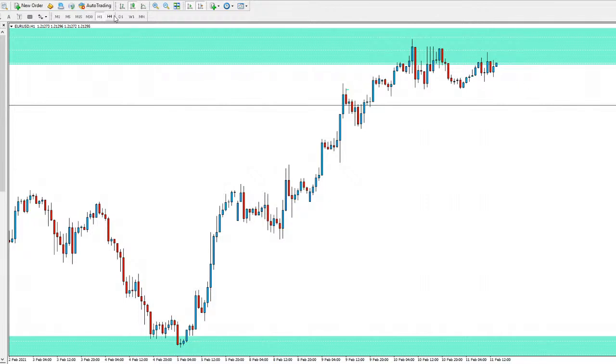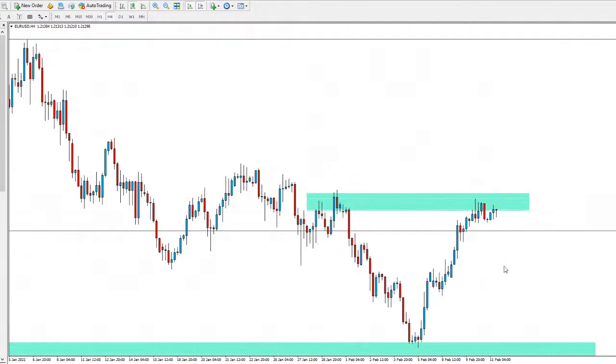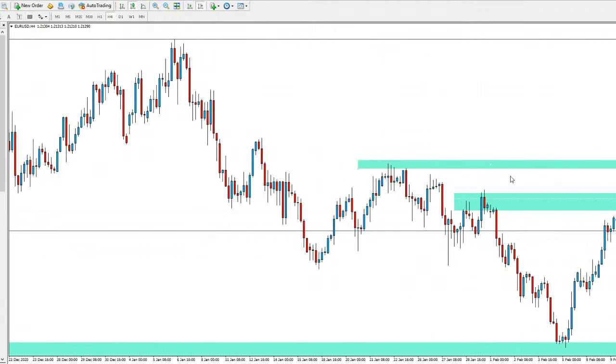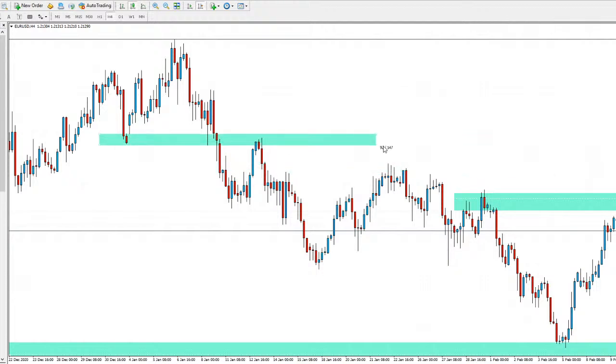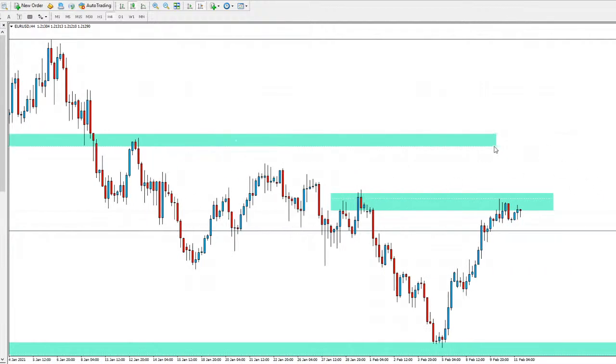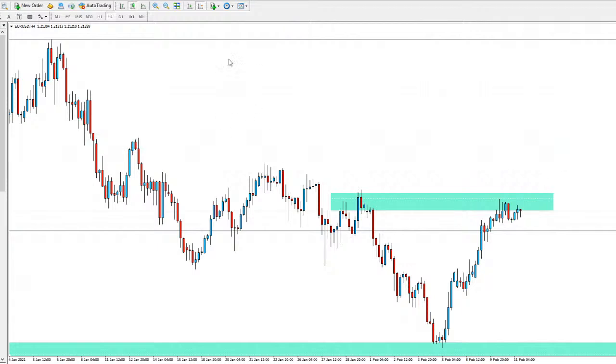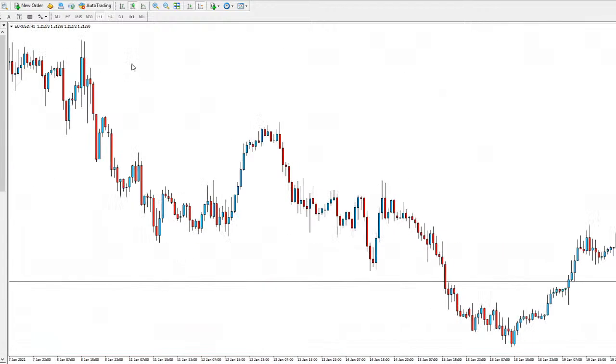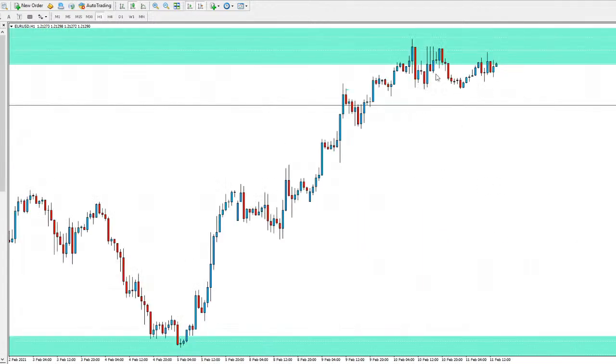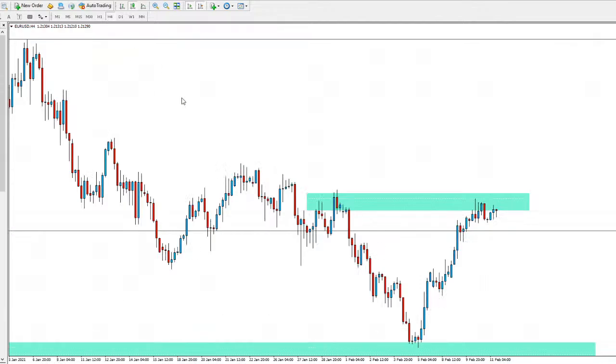So again, really key level of resistance. If we hold there, we could be seeing a nice swing back to the downside. Break above, we do have upside targets, a level just above it. Of course, we do have this key level of support resistance going through here, really key level of resistance there. So price could potentially come up to that level if it keeps up that bullish momentum. But so far, you can see we're still looking bullish, but price hasn't broken through that level yet, so we could easily see a reversal back down.